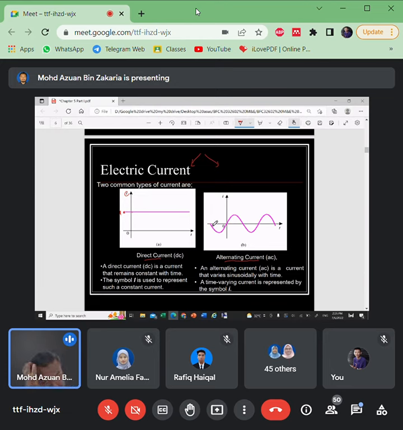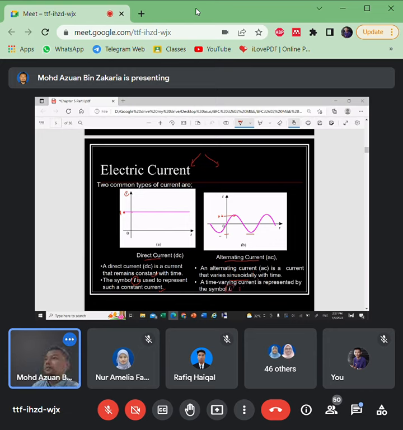Meanwhile, alternating current is fluctuating. It varies sinusoidally. Sometimes it is at maximum magnitude, but sometimes it is in a positive state and sometimes in a negative state. There is a purpose behind these two. Let's see the definitions first. A direct current is a current that remains constant with time. The symbol I is used to represent such a constant current, a large I. And alternating current is a current that varies sinusoidally with time, and a time-varying current is represented by a small